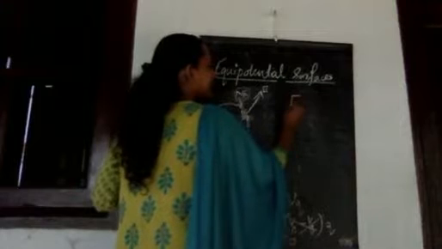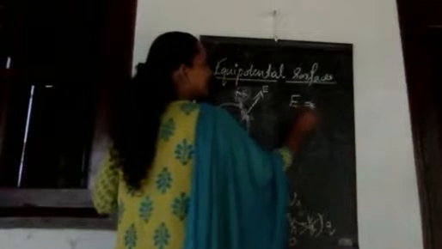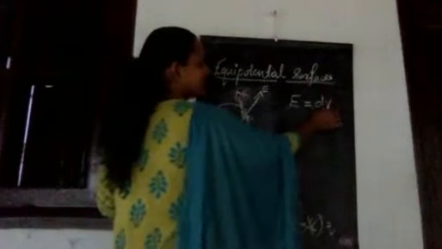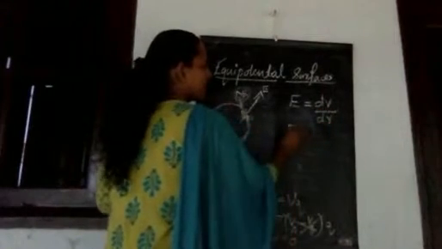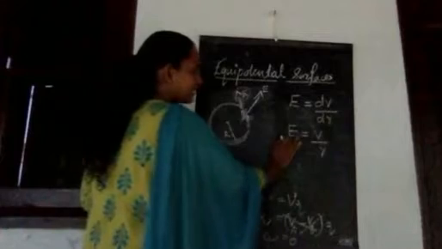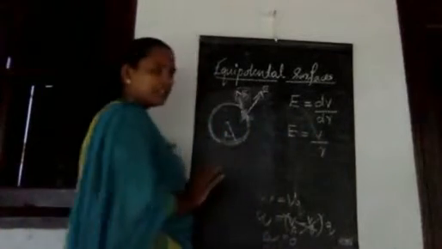And the fourth property is based on the relation which I mentioned already. There is a relation between electric field and potential: E is equal to dV by dr. We didn't study the derivation; we will study it in the next part of this chapter. Here V stands for potential and r stands for the distance. So in a simple way, you can write E is equal to V by r. Here we are actually taking the derivative, but in simple manner, electric field is equal to potential by distance.